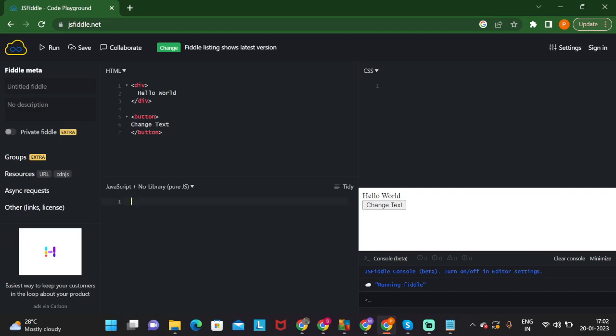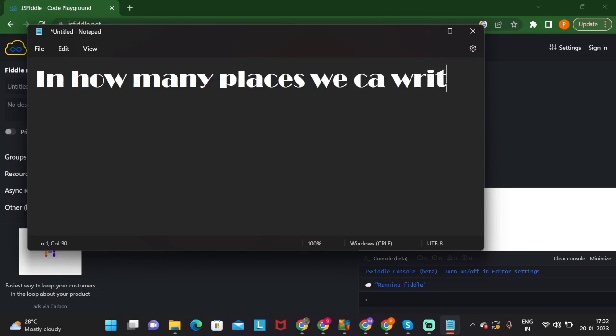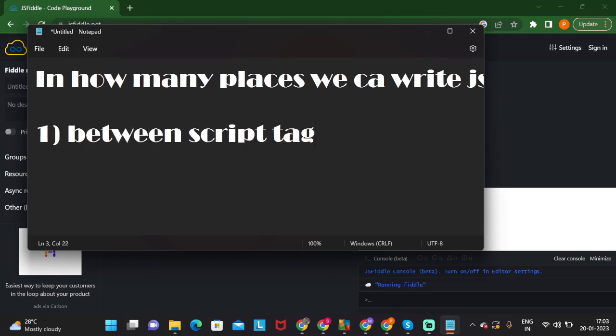Before that, in how many places can we write JavaScript? The question is, in how many places can we write JavaScript? First, between the script tags, right? Next one, in a separate JS file. We can write the JavaScript in a separate file and link that to our HTML. Third one is as a part of